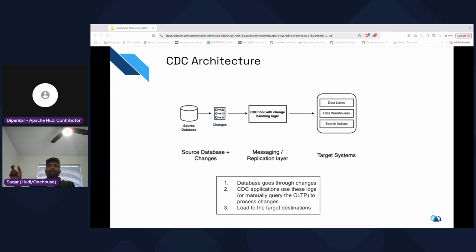will have some kind of a replication layer. An example is Debezium. We'll look at what Debezium is and how it is going to help later down this presentation. But imagine a tool like Debezium, which is designed to capture all the changes from your databases, and that is paired with some kind of messaging platform like Kafka or Kinesis, which has the ability to hold on to those messages until a certain period of time. There is a replication factor and all of that within Kafka, which makes it easier for you to hold on to that message